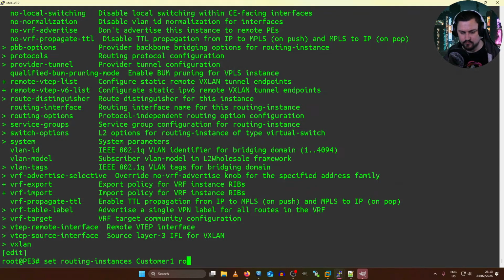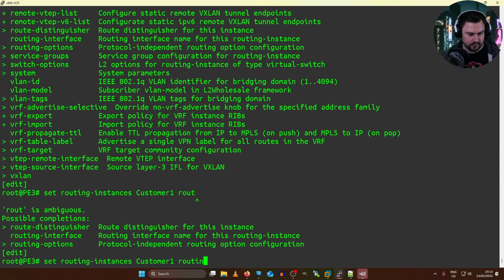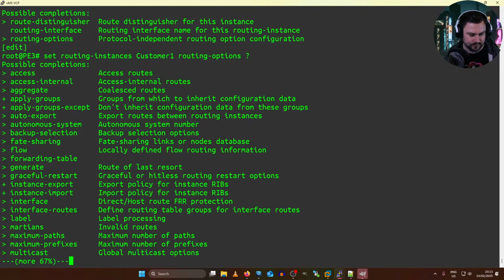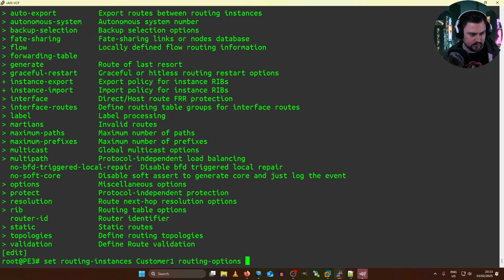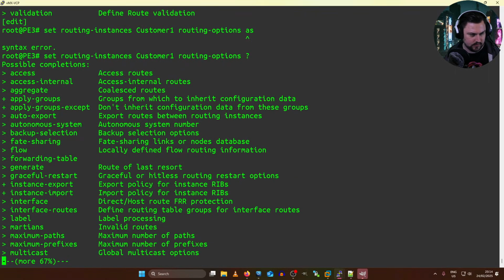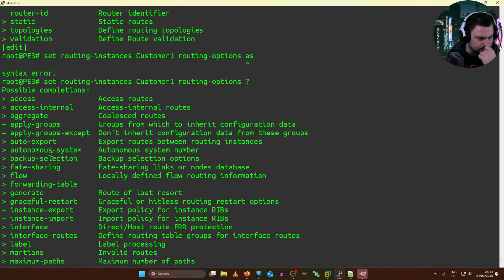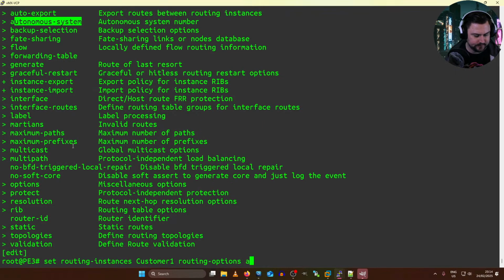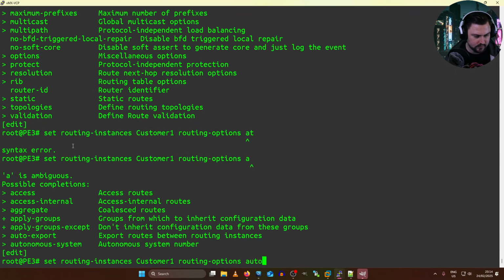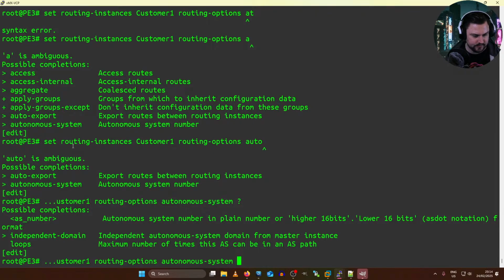Should be a routing options and autonomous system. Autonomous system.